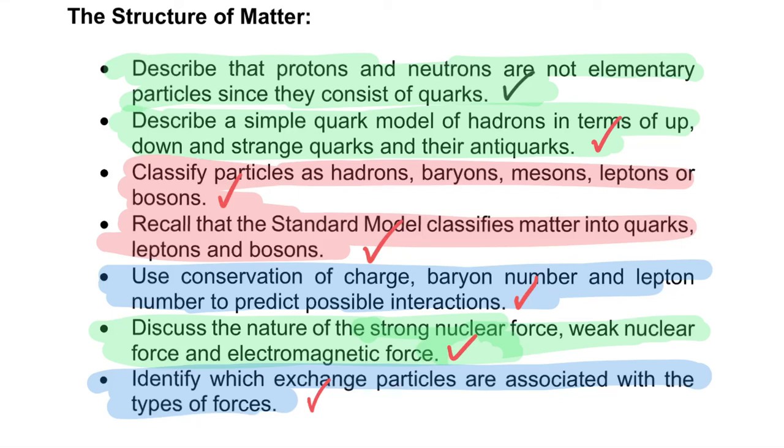In this video lesson, we are going to complete this part or this submodule of this section on atomic structure. And in order to do that, we are going to recall that the Standard Model classifies matter into quarks, leptons and bosons. We're going to discuss the nature of the strong nuclear force or the strong force, the weak nuclear force or the weak force, and the electromagnetic force. We're also going to refer to the gravity force, even though it does not fall directly into the Standard Model